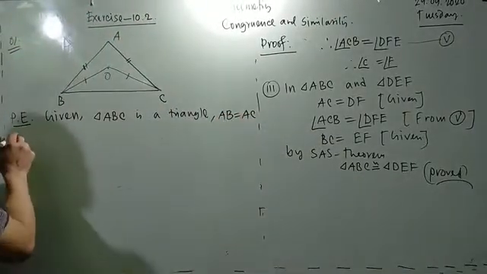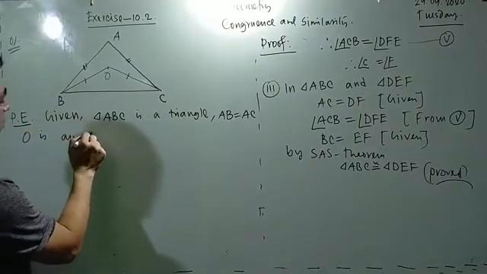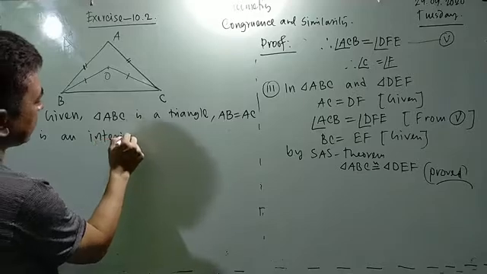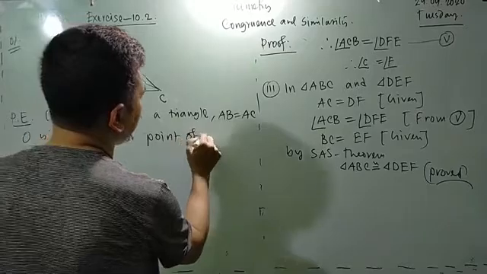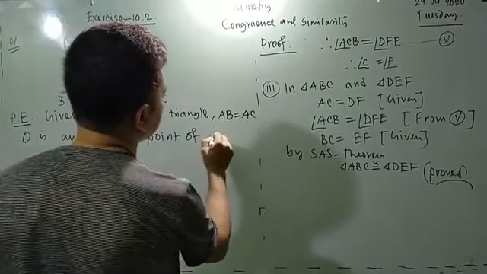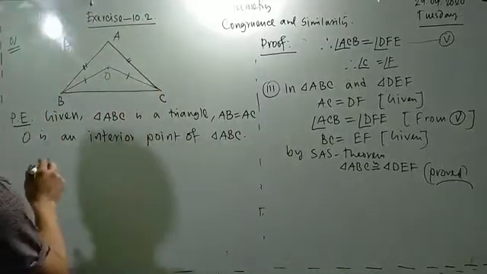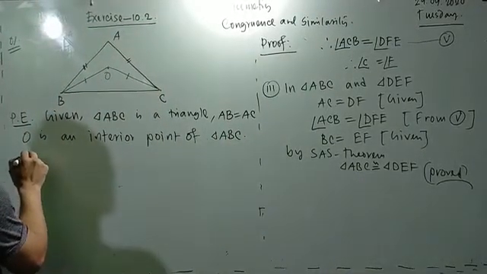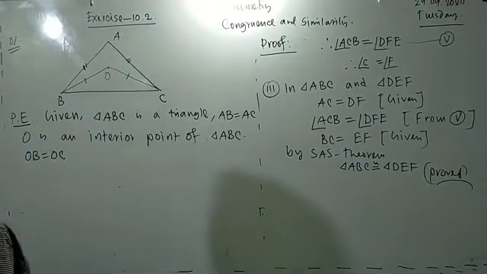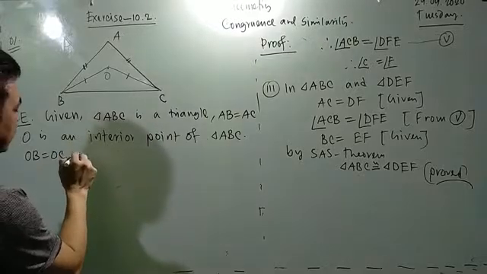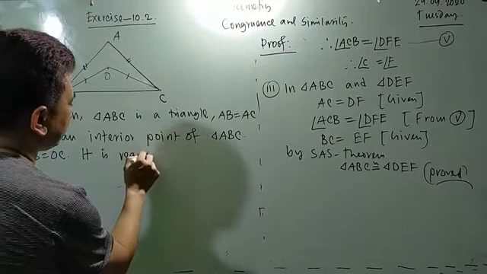O is an interior point of triangle ABC, and OB equals OC. It's also given. What we have to prove? It is required to prove that